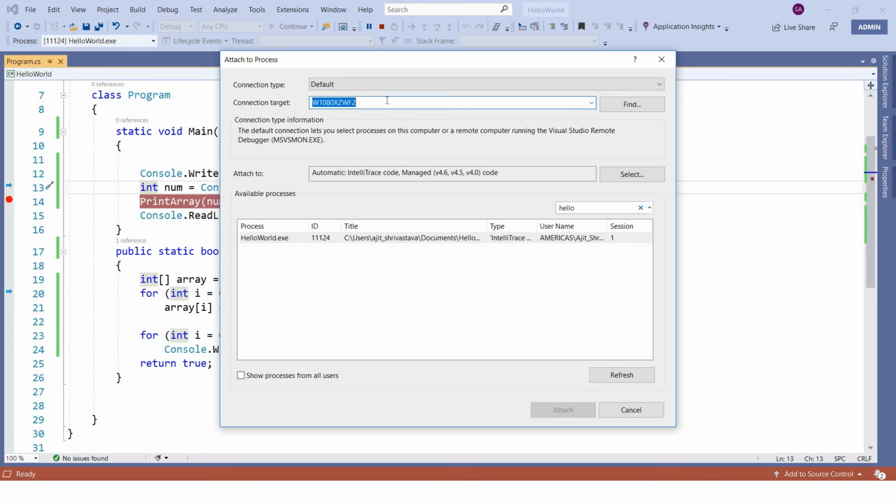You have to make sure that both systems are on the same network and that system is reachable from your network. Those things you have to understand. But for basic debugging purposes, simply understand that if a process is running, and you have that project or code with you, you can debug that process from Visual Studio by following this step.